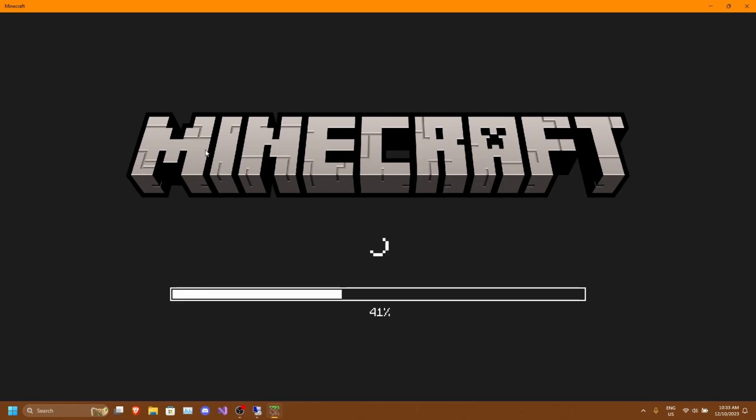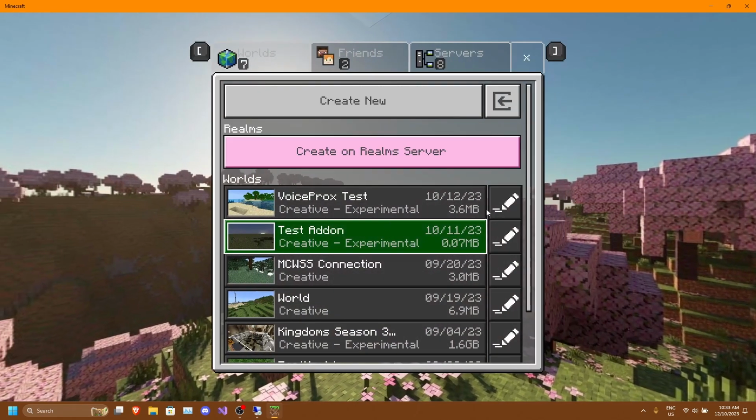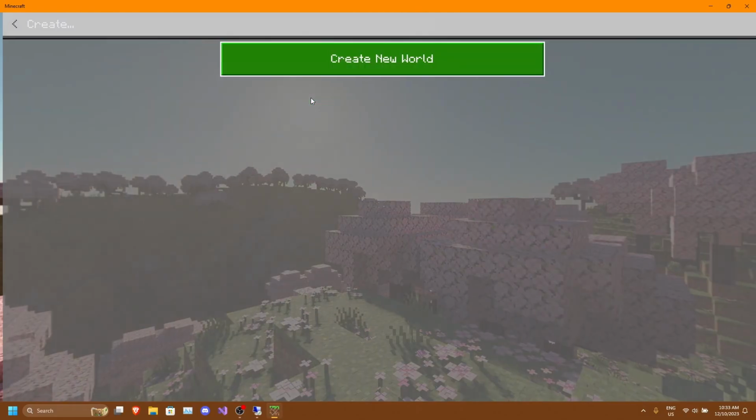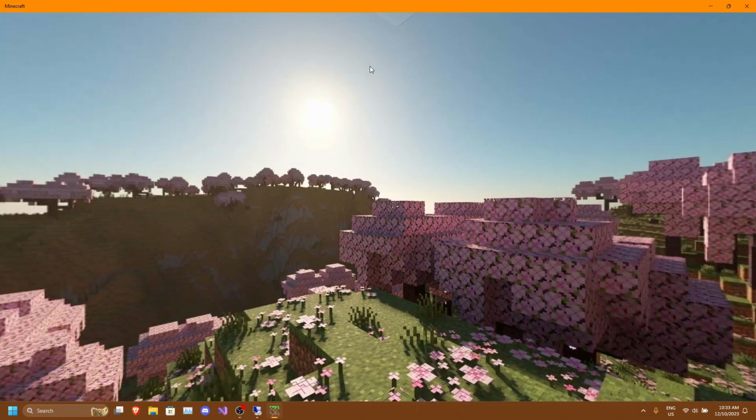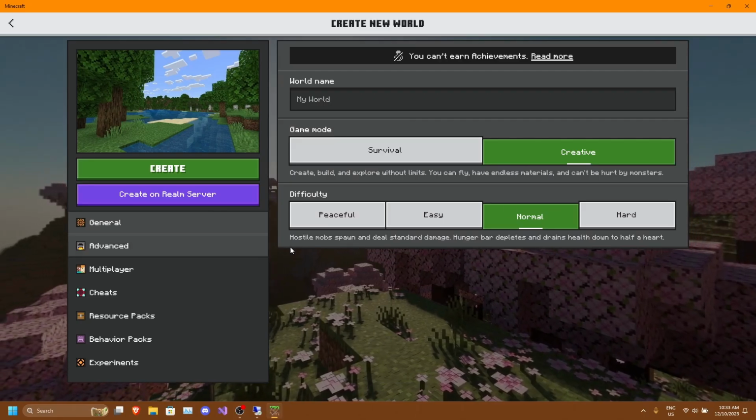So what you need to do is open up Minecraft, then once you have Minecraft open, create a new world, and set whatever settings that you want.